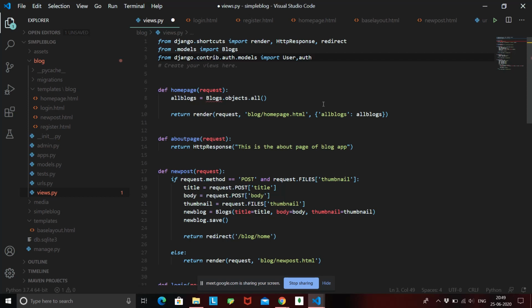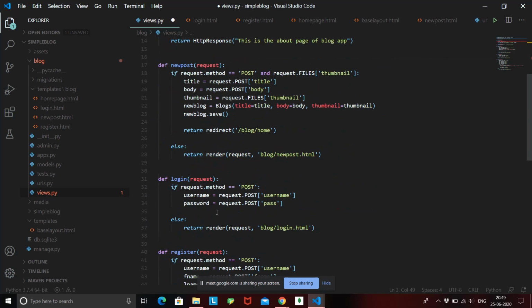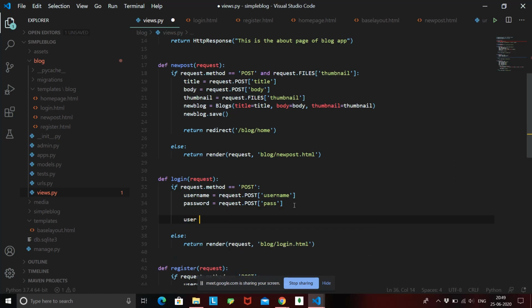Okay, so once that is completed, we need to check this user. Currently we have his username and password. So what we can do is that we can just create a variable user, and we can just give him auth.authenticate. What auth.authenticate will do is it is going to check inside the database if this user with the specified username and password is present or not.